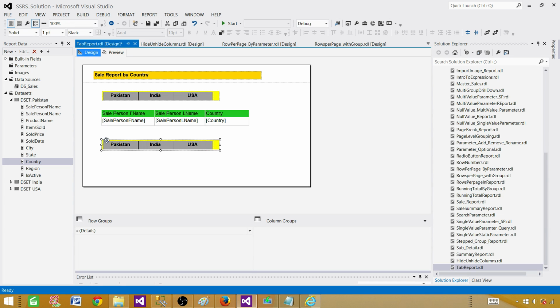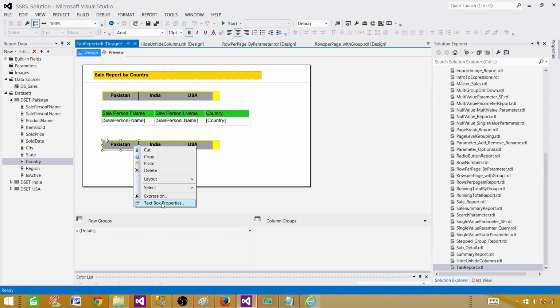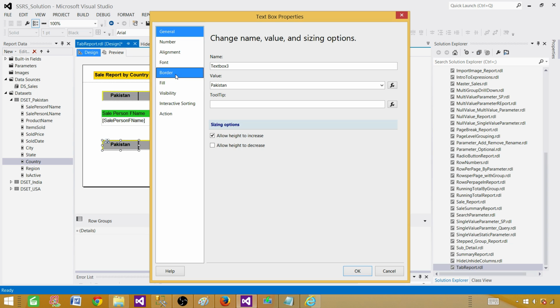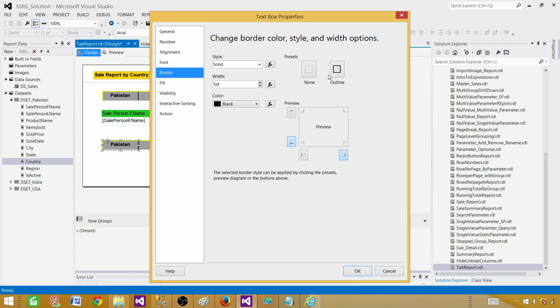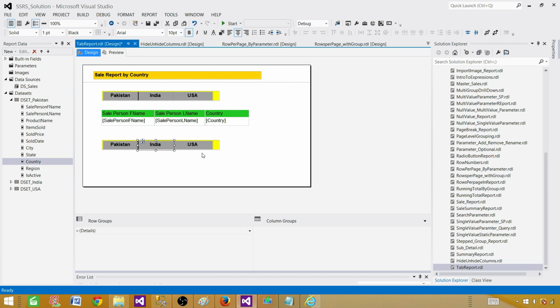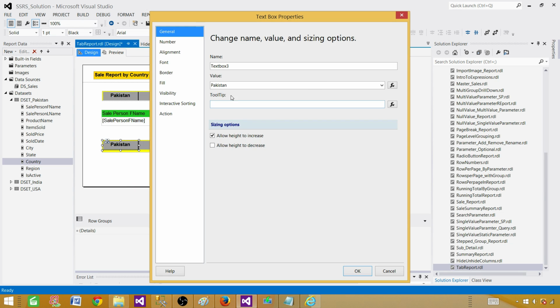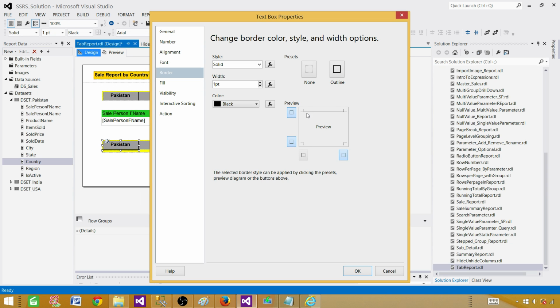So in this case, let's think about that. Now we don't want to press Pakistan. Now we want to press India. So we want to show that okay, India is pressed. So let's go ahead and take the table TextBox properties, remove the border for Pakistan. So we don't need the border. And let me see what we have done here. So if we go ahead and take the properties of Pakistan and we say border none, that will